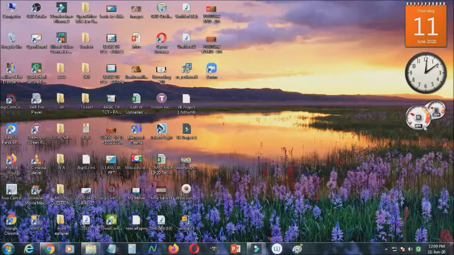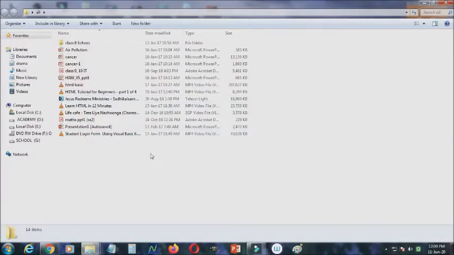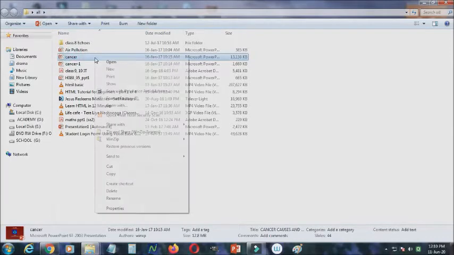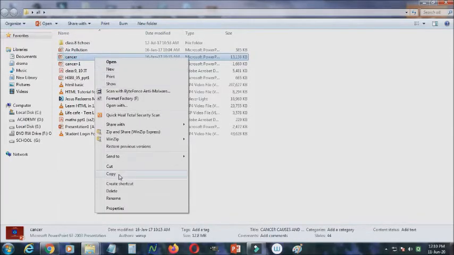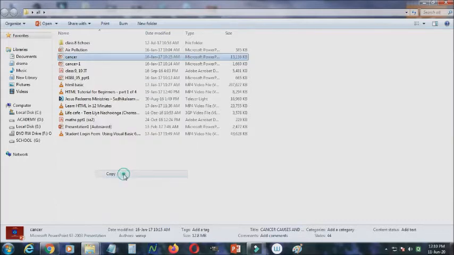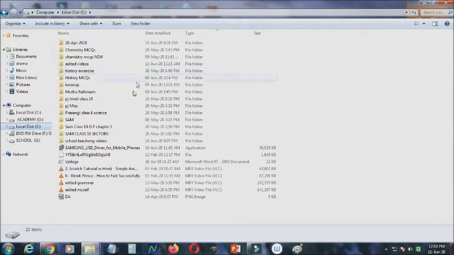Or if you want to modify, copy or paste, just click the folder. Here there are some files. I want to copy a file. Just select the file and right click. You will get the option for copy or paste. If you want to copy it, click Copy, and to paste it in another folder, just open the other folder.